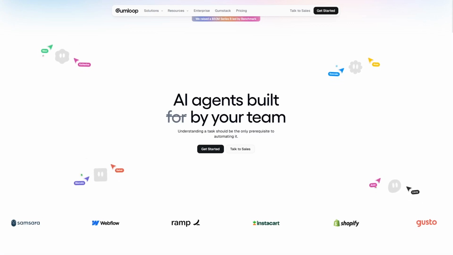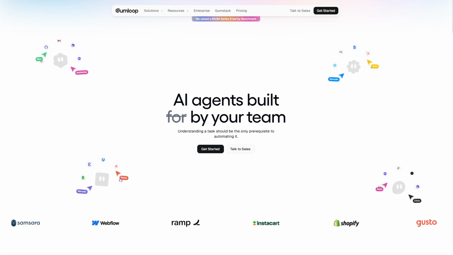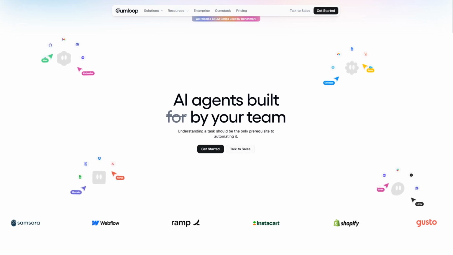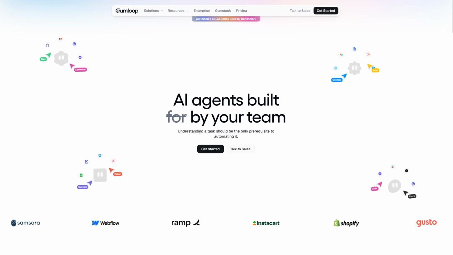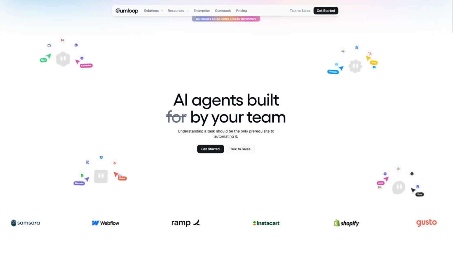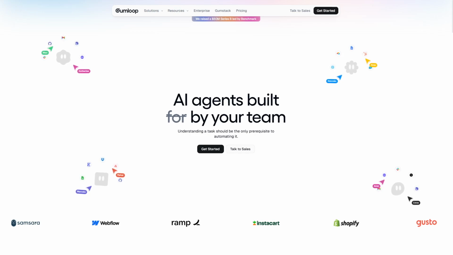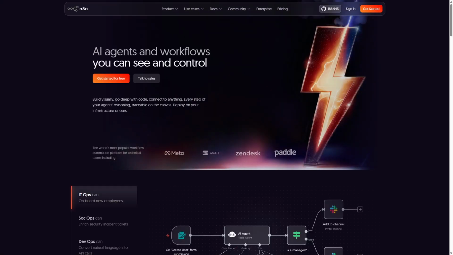Gumloop versus n8n, which AI automation tool is better for streamlining your workflows without complex setups? Both offer powerful automation but differ in ease of use and customization options. Gumloop and n8n are AI-driven automation platforms designed to simplify tasks. The core difference lies in Gumloop's focus on intuitive AI workflow creation, while n8n offers extensive open-source customization and integration